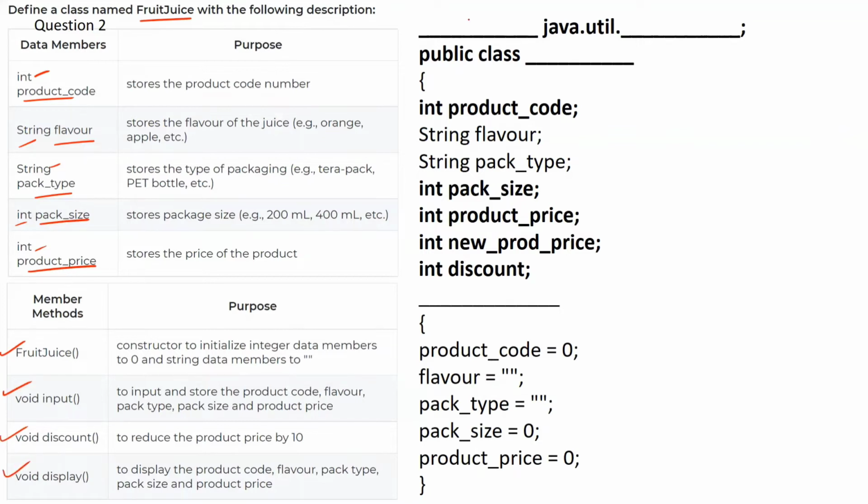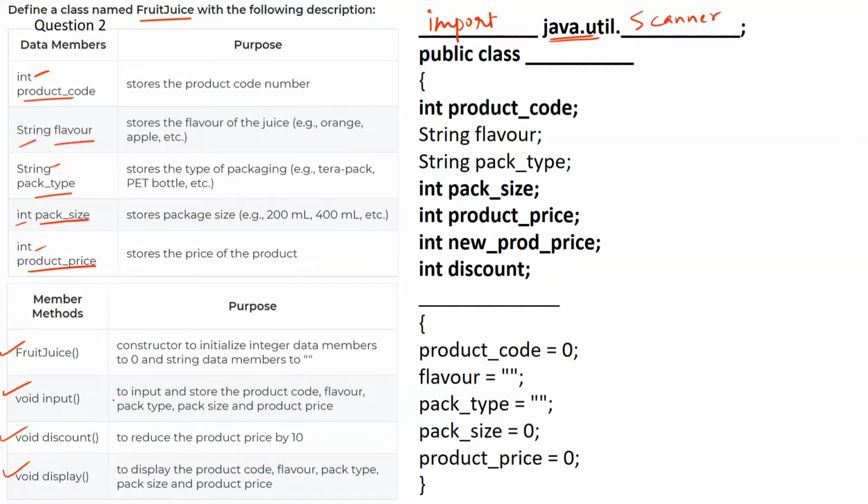So guys, here we can see that we are trying to import a particular class in util package. So we are very well aware that in order to input the values from the user, in the util package, we do have a class with the name Scanner. And before using that, we have to use the import keyword. So the first fill-up should be filled with import, import java.util.Scanner to take the values from the user.